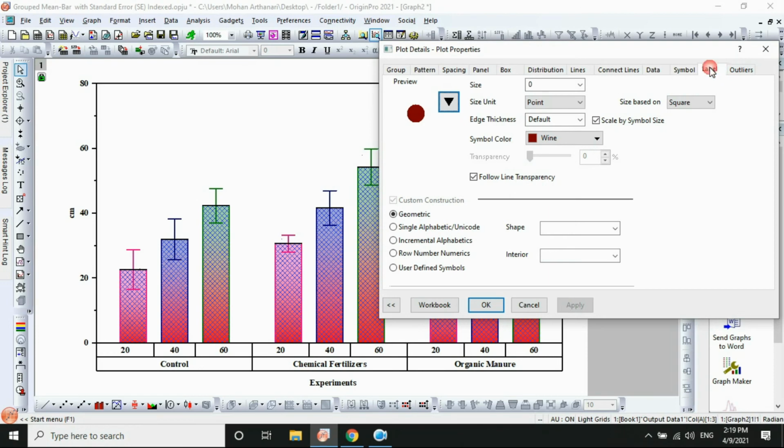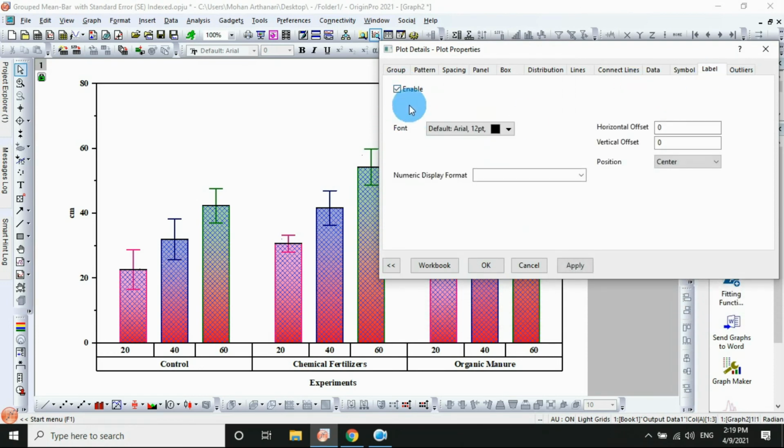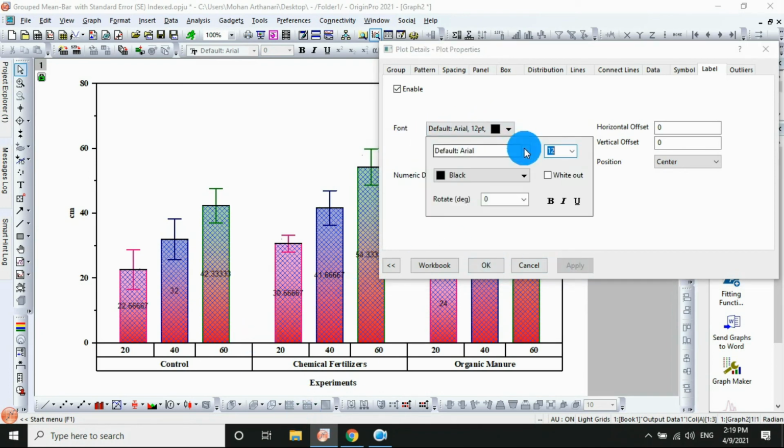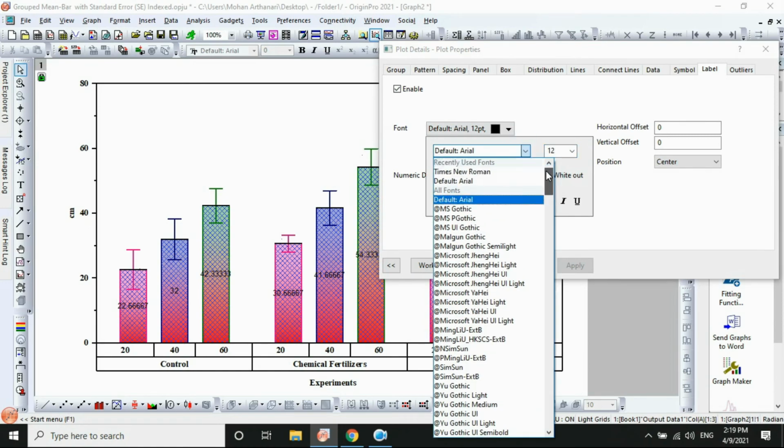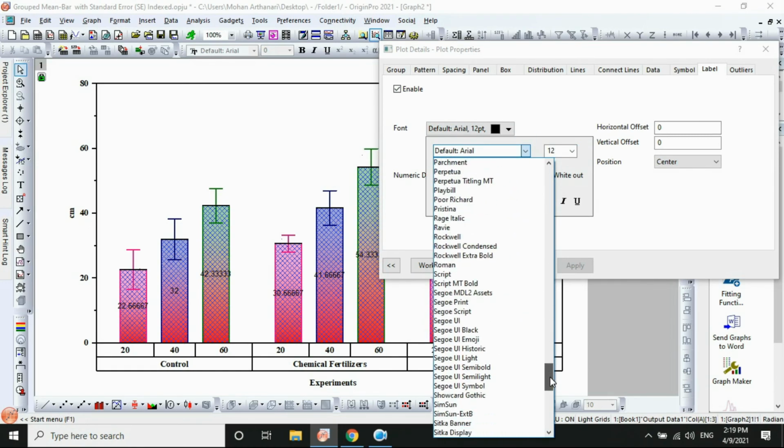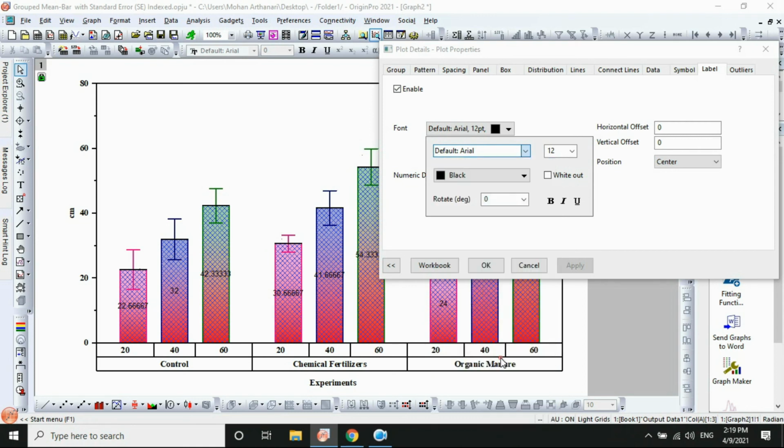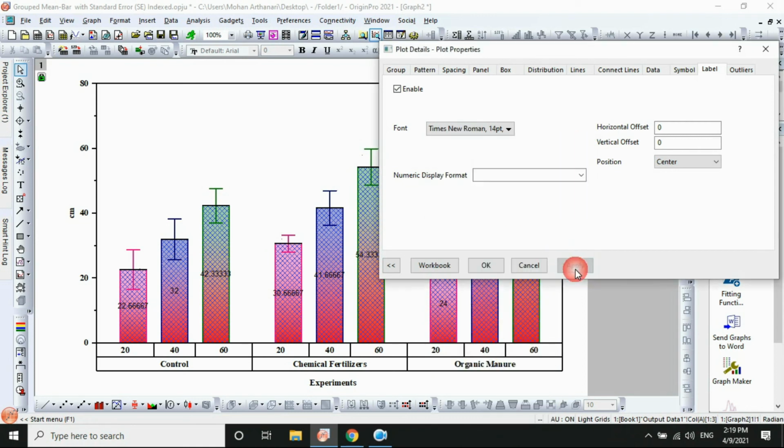The next one, the label, enable the table values, enable the label, apply this label. If you want to change the font, click the font menu, Times Roman 14, then apply. This is a 0 after the 5 digits available.